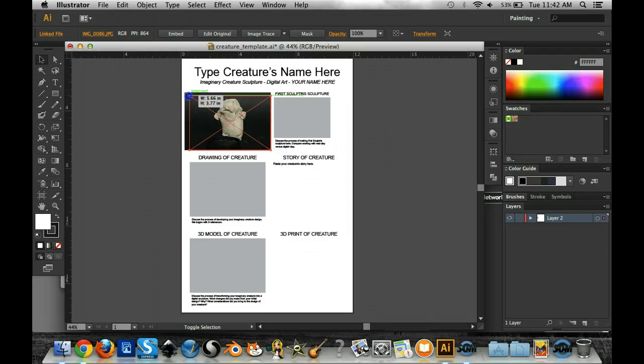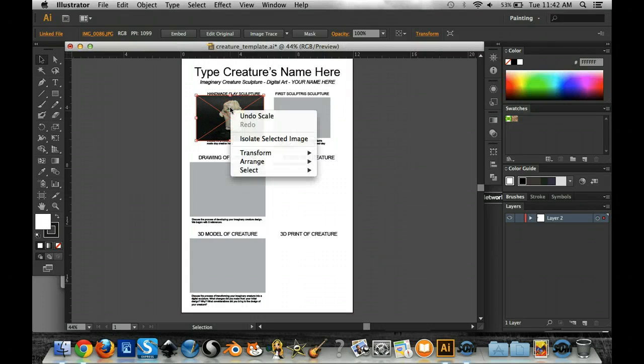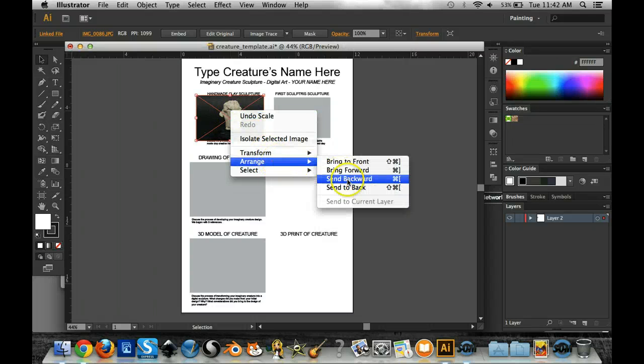If I want to scale it down a little bit more, I'm dragging from the corner and I'm holding the Shift key like that. And I'm going to just make it a little bit smaller. I want to make sure I can see the whole thing. All right, so finally, to get it to be the same size as that box, what you need to do is right-click on the image with your mouse or control-click, and you get a range. You're going to send to back,